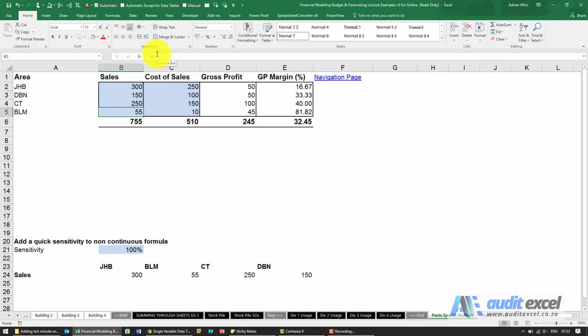We need to change it. We want to add 10% to it. So we could go manually to each one. But what I can do is I'm going to go into a separate cell and type 1.1. I can copy it. I'm going to highlight the cells I want to go to. If I go to paste special,